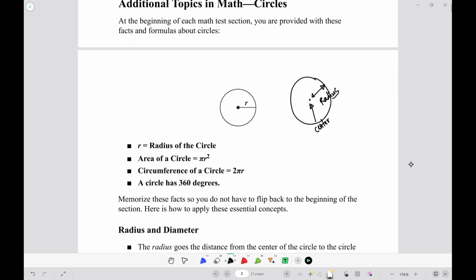So the geometrical shape circle has different parameters, just like radius, diameter, area, circumference, arc length, angle, and other things. Okay, so